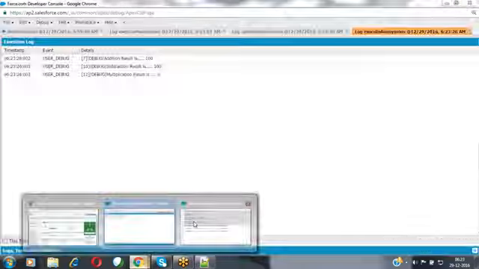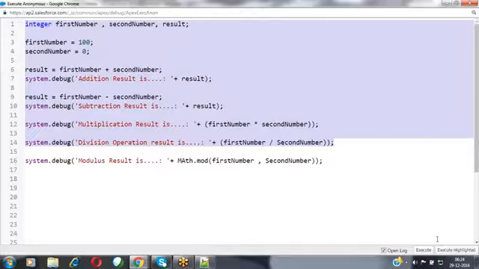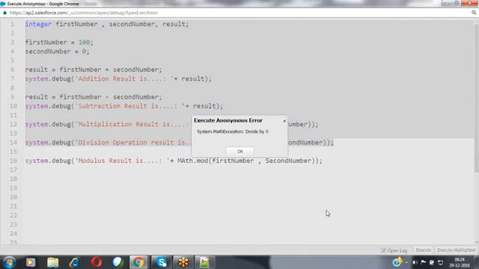Now I'm executing the division operation also. Let's execute this code and observe what will happen in this case. Click on execute highlighted. Now what happened? It is giving some error message to me that when coming to the division operation, it is unable to perform the division. What is the problem? System.MathException: Divide by 0. Whenever you try to divide a value by 0, it gives an error message.